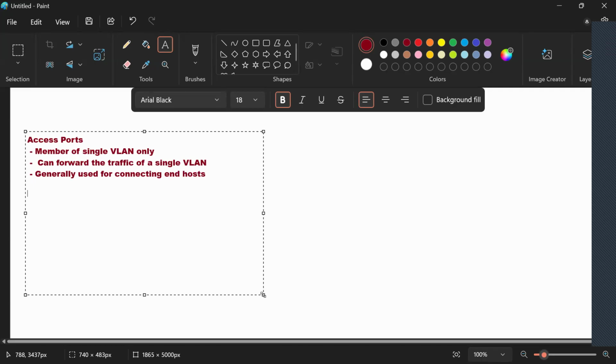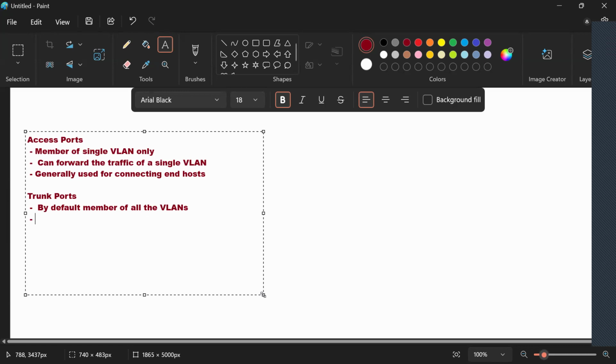While if we talk about trunk ports, they are by default a member of all the VLANs.